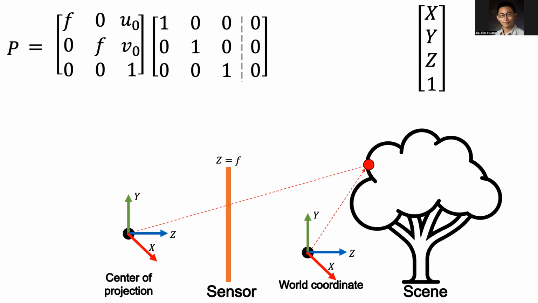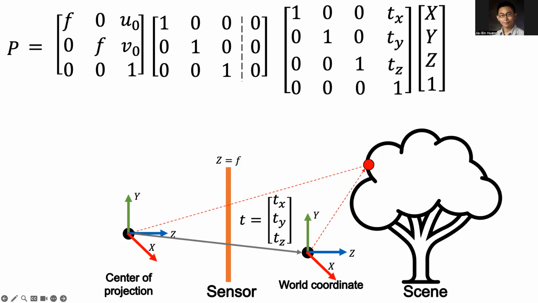So let's first review what we talked about last time. Basically, we have a 3D point in the 3D space, x, y, z, and we want to express the relationship between that 3D point and the 2D projected point P on the image. The way you express this is that you first express that point from the world coordinate system in terms of x, y, z, and there's a translation between the world and the camera, because the camera could be in different places. So tx, ty, tz, you can use that translation to model the difference between the world and the camera,